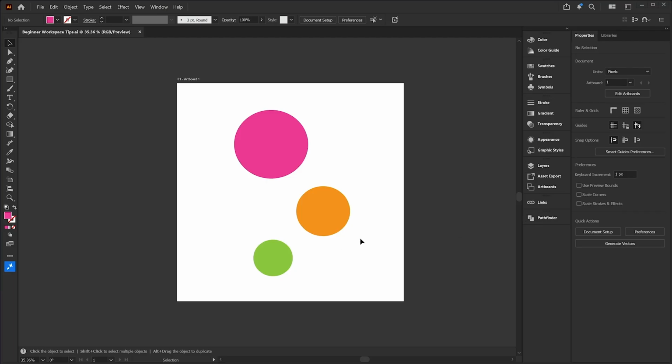Creating a learning workspace like this for yourself can really help you narrow down the panels that you're trying to learn or that you use most frequently in your work, and make sure that they are always in the same spot and that you can easily put them away and pull them out as you are working and learning.